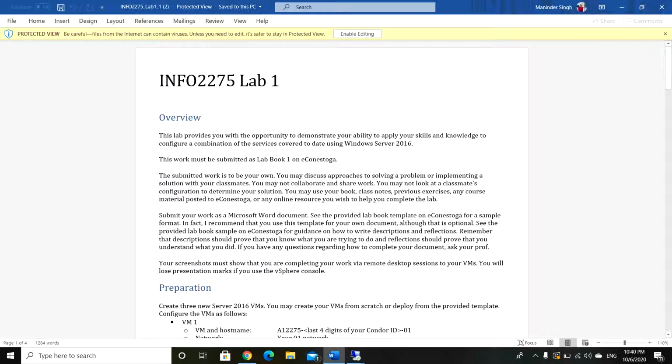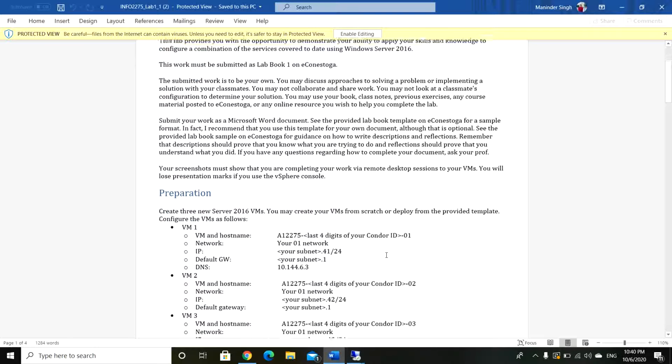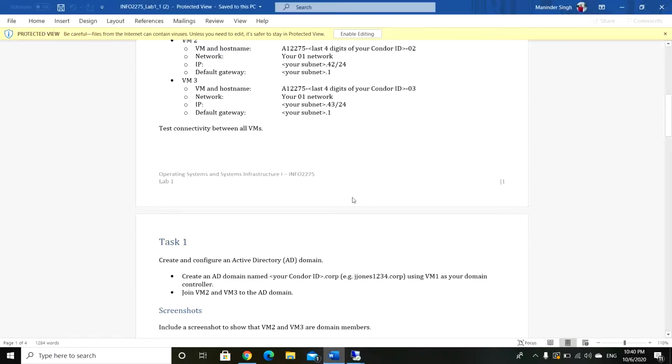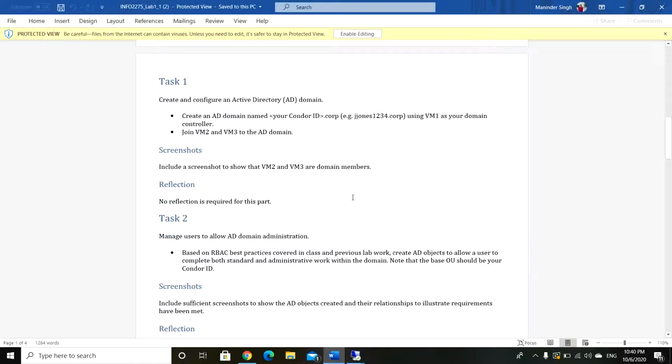Hello everyone, today we will do lab 1. To do that we have to create 3 virtual machines with the configuration that is given in this. We already created that. So task 1 is creating an AD domain and making VM2